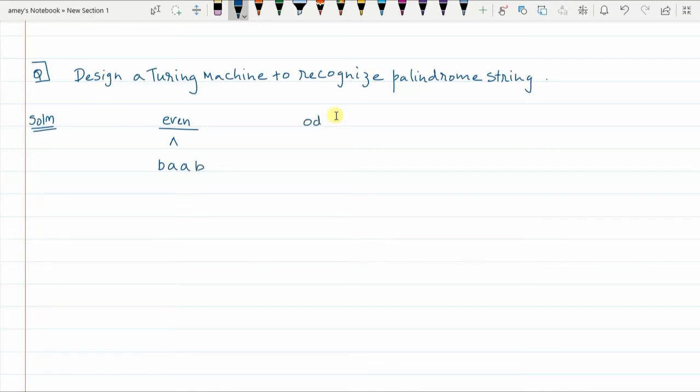Now what are the possible odd length strings? Odd length string could be a single A or a single B, assuming in this problem that the string is of A's and B's, sigma equal to {A, B}, and say ABABA is the next possible odd length string. So all of these should be accepted. Whereas, which strings should be rejected? For example, say BAA or ABB, this kind of strings should be rejected.